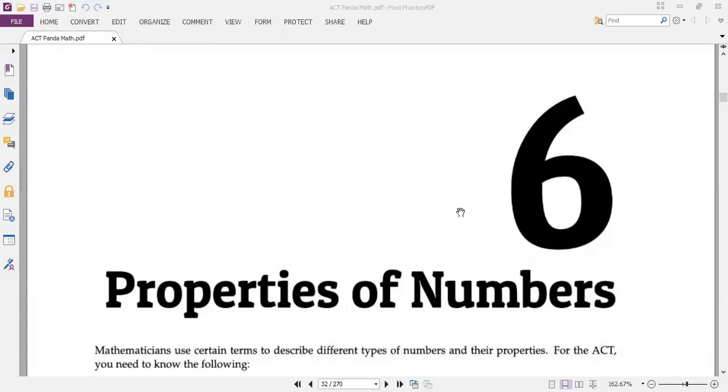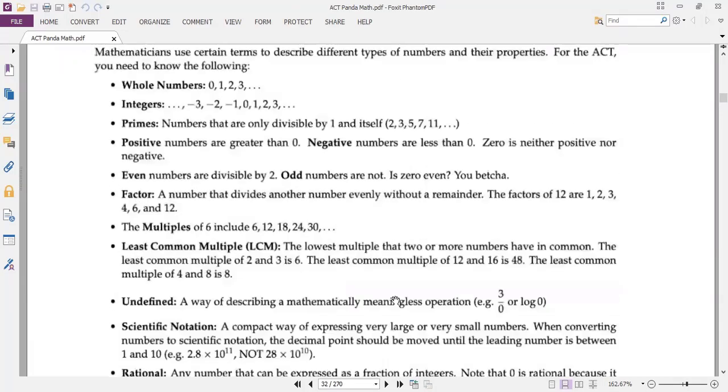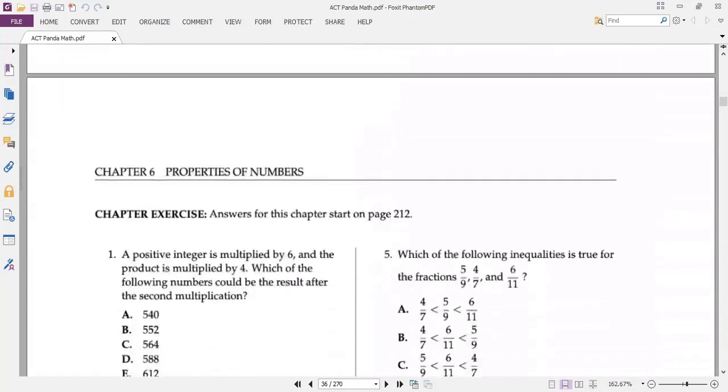Today we have chapter 6 of the ACT course, math section from ACT Panda math. We will solve the chapter exercise on probabilities of numbers. We'll go directly to the chapter exercise, page